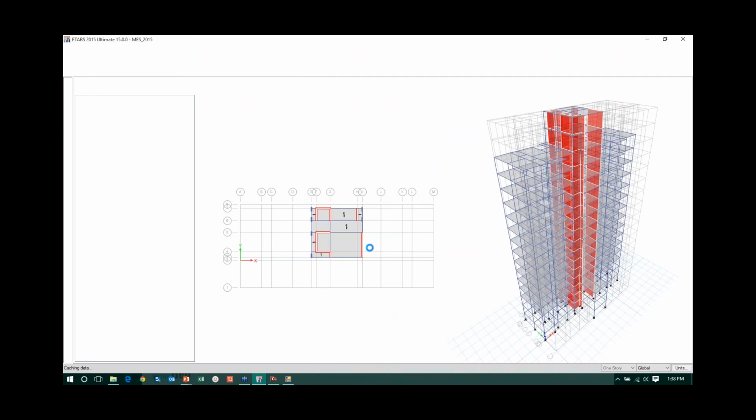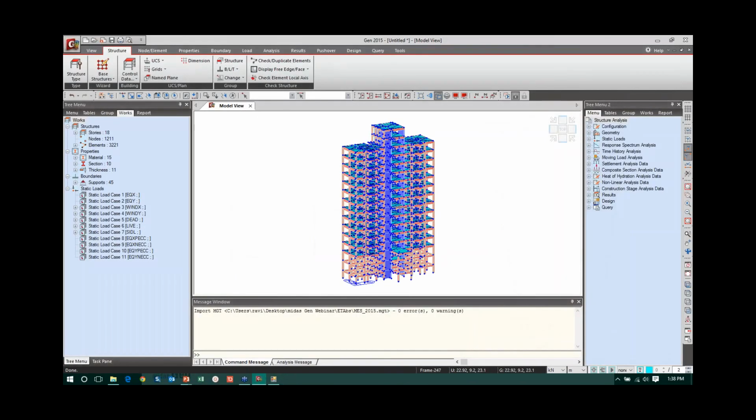Any doubts in this? There is one question from Mr. Amar Dosari: do we need to adjust the units, or take care of the units? There is no need to adjust any units. By default the program takes care of the units, because when you are reading the text file, the first command in the text file is the units. From there the program picks the unit system, so there is no need to worry about the unit systems.